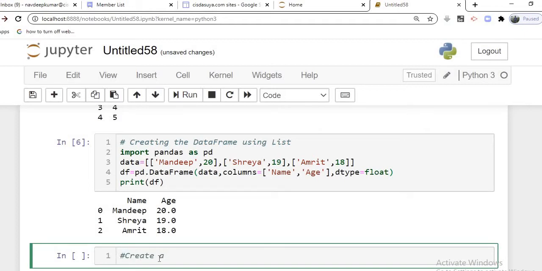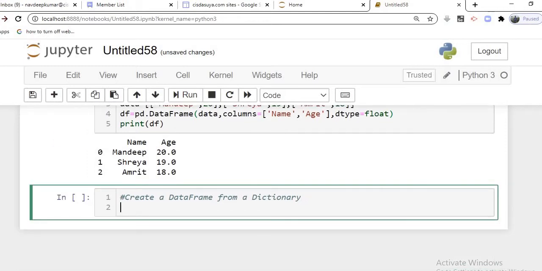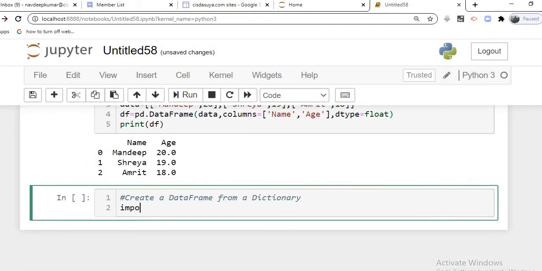Create a data frame from a dictionary, which can be of lists also. So start coding for this one. Import pandas as pd.